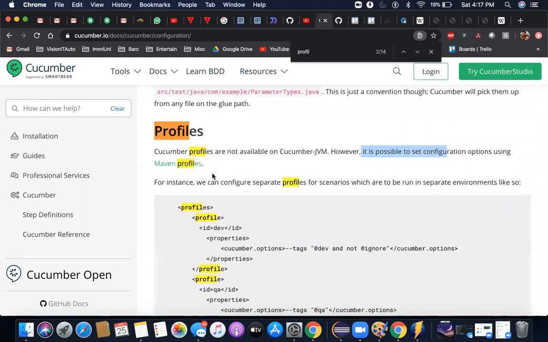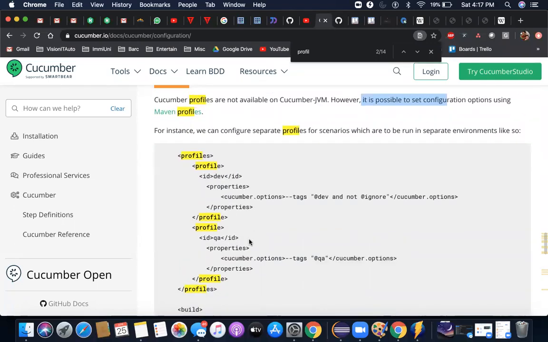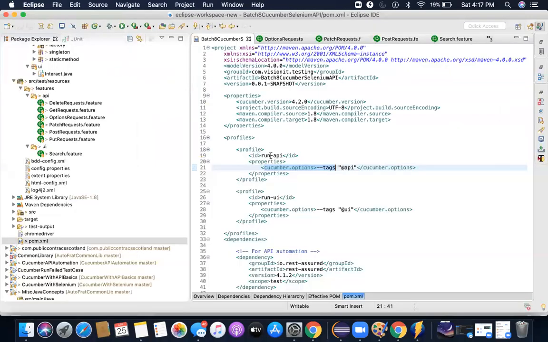Cucumber profiles is a concept available in the Cucumber Ruby version, but in Cucumber JVM, it's not there. That profiling part can be handled using Maven profiles, right? Maven profiles are a configuration setting: if I want to run a specific thing, I would just put a profile and put it here like this.